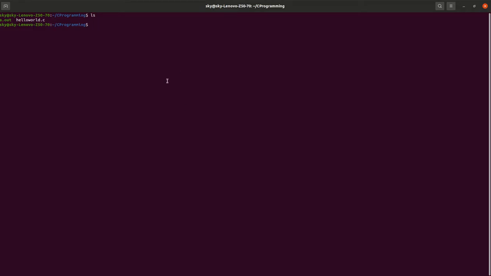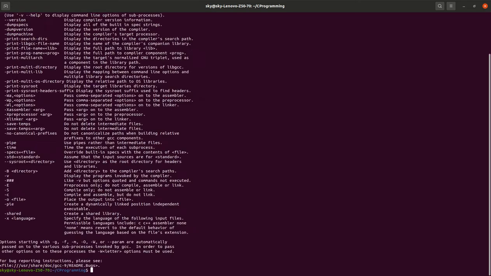Now we'll see generating the output from the preprocessor. Let's first see how this GCC help looks. You can see here GCC, there are different options. There is -save-temps, do not delete intermediate files. We will see that later. First we will see this option,